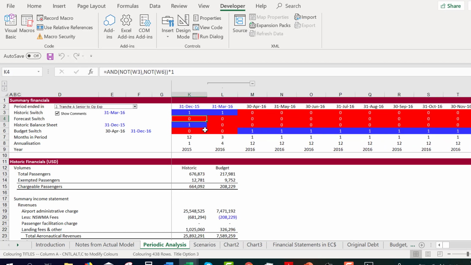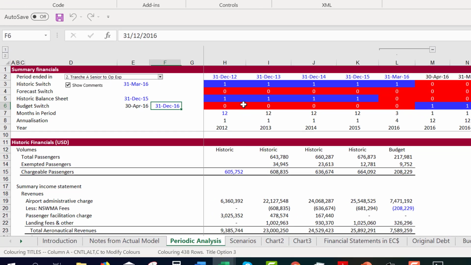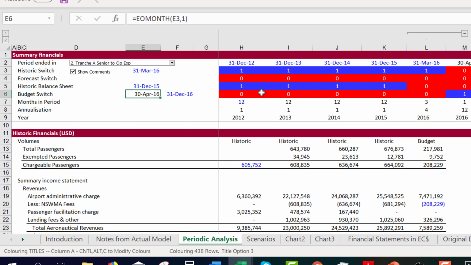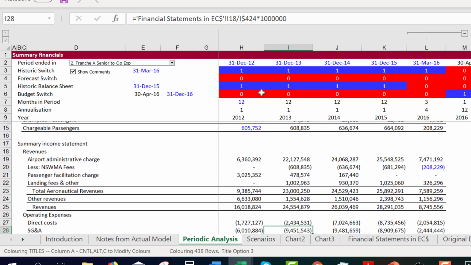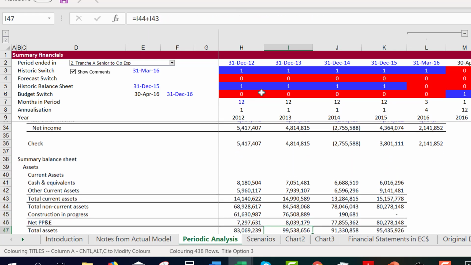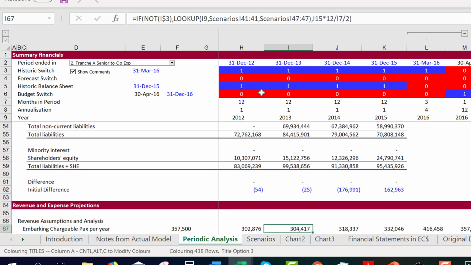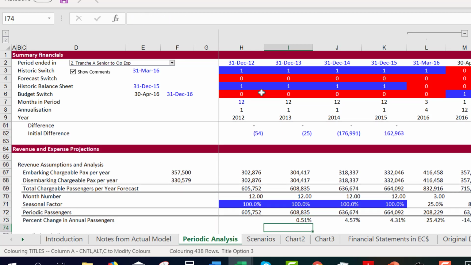This is if it's after the budget, a pure forecast, excuse me. So I use some ands, and if not complicated, to figure out what timing is the budget and when's the forecast. These are inputs, and instead of just one single historic switch, we have multiples. Now you start with the historic financials. Don't pollute this with forecasts. Here's the forecasted balance sheet, and then we start with our forecast.